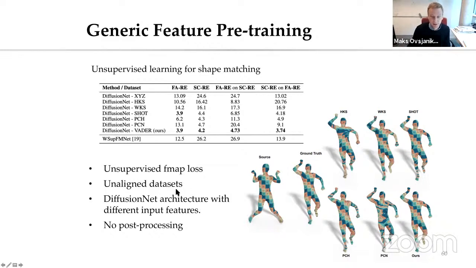We have DiffusionNet with different input features. And these are, by the way, this point contrast features that I mentioned earlier. So they actually work somewhat well for some classes, but they don't generalize very well across classes. So you can get a pretty significant error with this point contrast feature. And this is also results with no post-processing, so you can get even better results with post-processing. Yeah, so to me, it's exciting. It's still early stages, but it's exciting because it's making this link between the rigid world and scene analysis and non-rigid shape analysis, which I think is a fertile area.